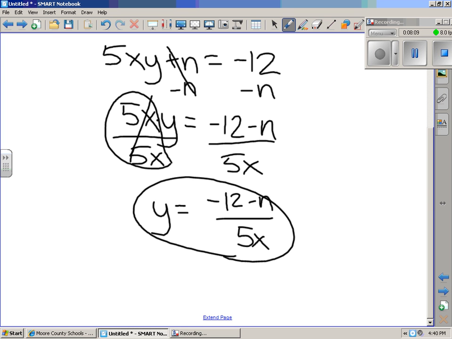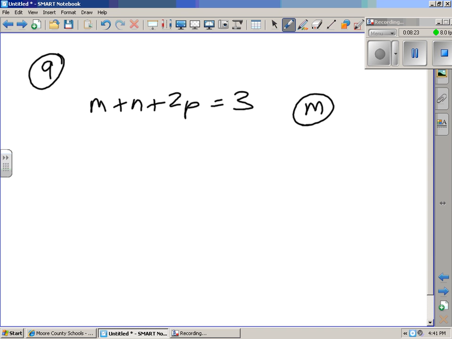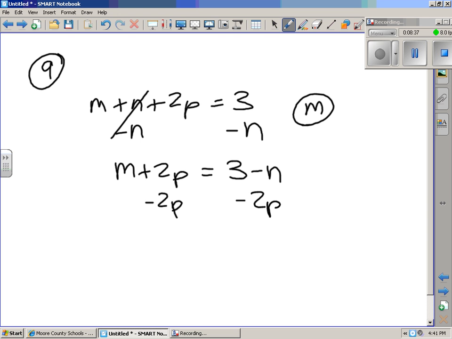All right, the next problem we have is number 9. In number 9, we have m plus n plus 2p is equal to 3, and we're solving for m. To get m alone, I'm going to subtract n from each side to get rid of the n. So we have m plus 2p on the left side, on the right side 3 minus n. Then I'm going to subtract 2p from each side, and we get m is equal to 3 minus n minus